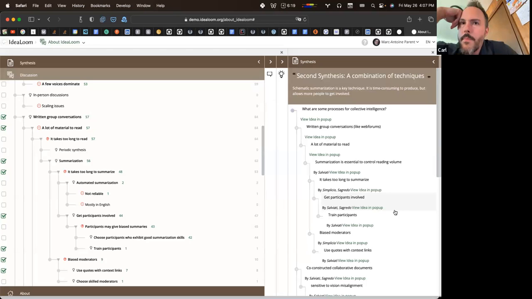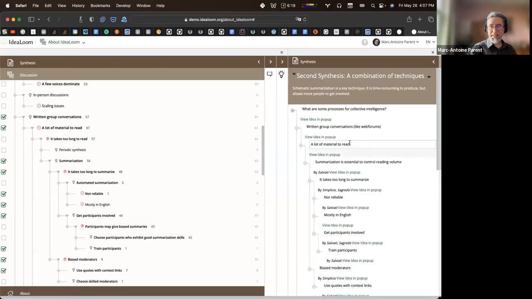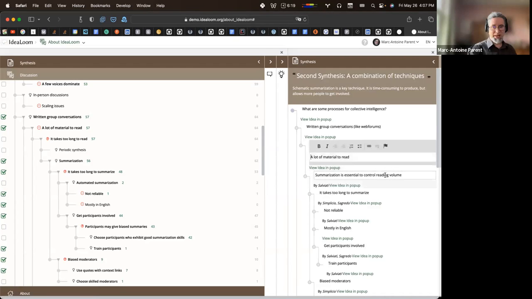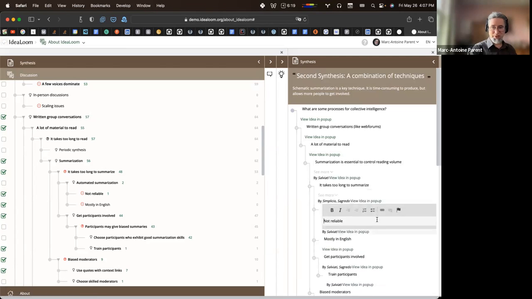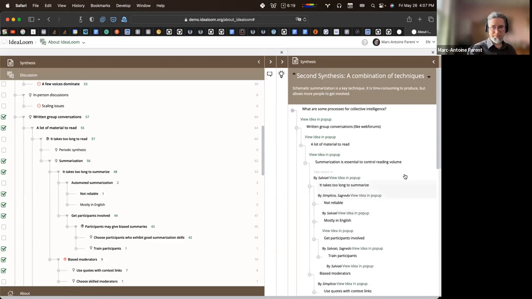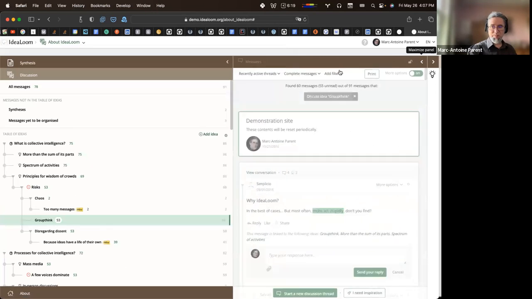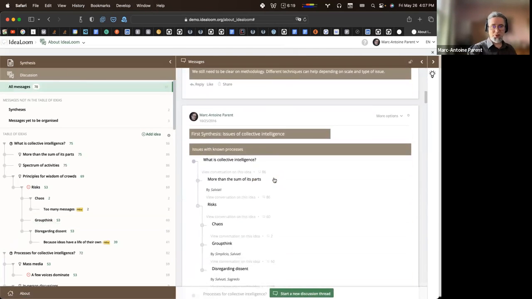That is cool. And so the idea is you can take this subset, and you can even rephrase any of the points. There's what we call the long title, so there's the title in the synthesis. And then when you're done, you publish it, and it becomes, let me close that now. If you remember, in all messages, those are the syntheses.